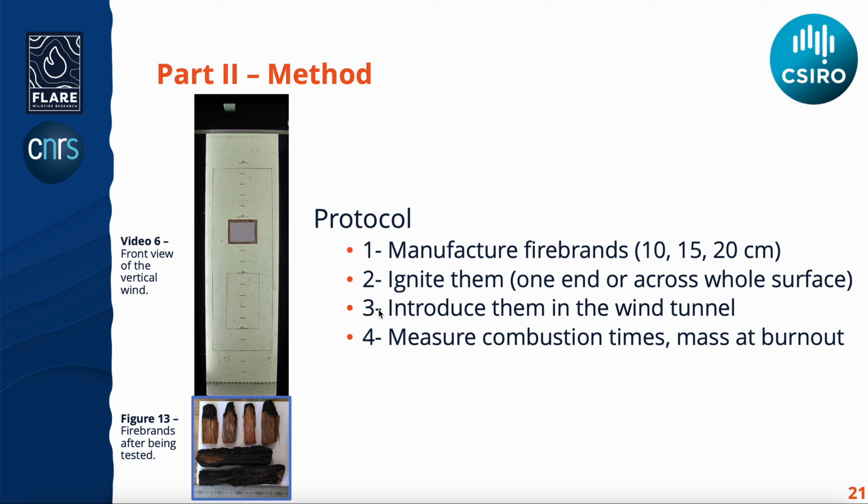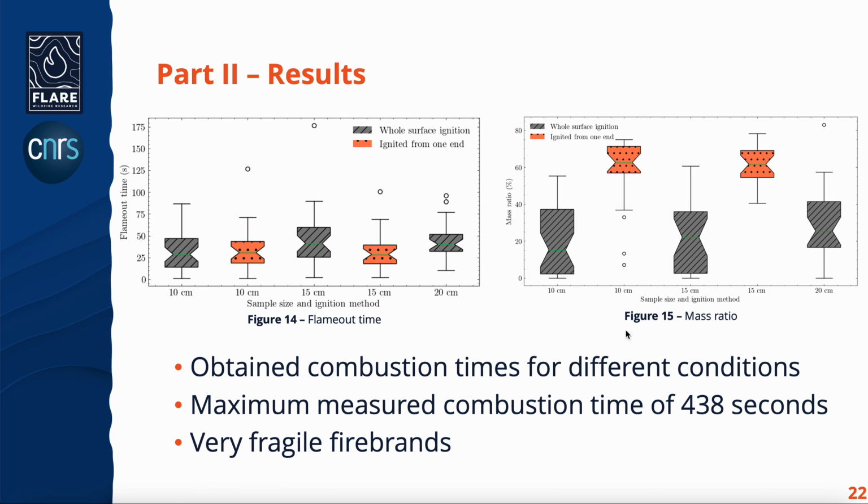Once they were ignited, we will introduce them in the wind tunnel, and then we were able to measure combustion times and the mass at burnout. So when we plot, for example, the flame out time versus the different size or the ignition method, we observe that the flame out time, which is the flaming duration, so that is the duration that the firebrand is able to sustain a flaming combustion with visible flames, does not really depend on the size or the ignition technique,